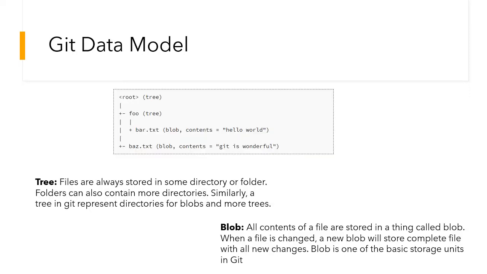There are many ad hoc approaches you can take to version control. Git has a well thought out model that enables all the nice features of version control, like maintaining history, supporting branches, and enabling collaboration. Git models the history of a collection of files and folders within some top level directory as a series of snapshots. In Git terminology, a file is called a blob and it's just a bunch of bytes. A directory is called a tree and it maps names to blobs or trees.